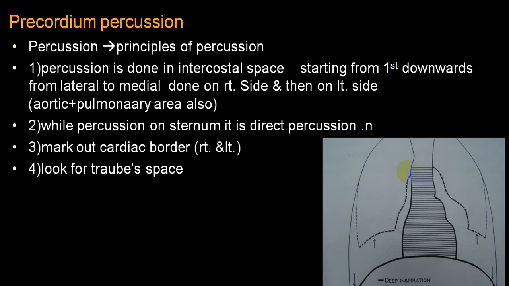As far as the pericardial sac is concerned, pericardial effusion. In pericardial effusion, there will be an increased area of dullness on the right side, as well as an increased area of dullness in the right side second intercostal space, which we call the aortic area. So these are the conditions related to an increased area of dullness on the right side, and we have also mentioned the shift of the mediastinum towards the right, either because of a pull condition on the right or a push condition from the left side.